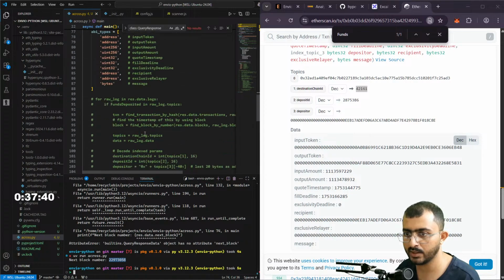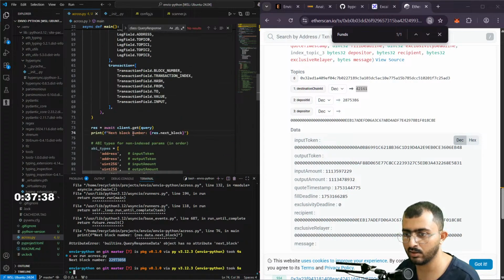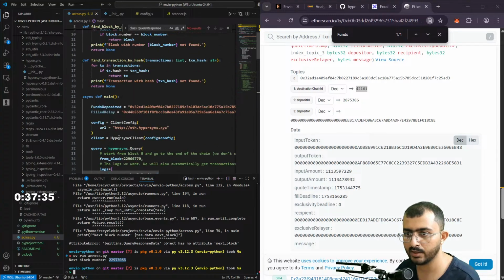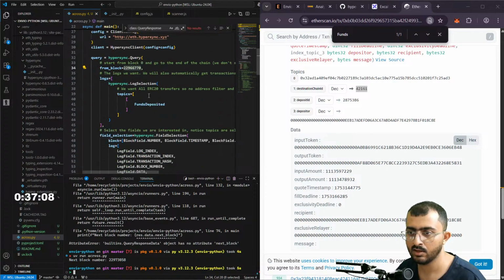So we can just run a for loop and change the query every time. So this block number can be different. Right now it's 22967770. Okay, and this is 73058. Okay, that's good. This is for single